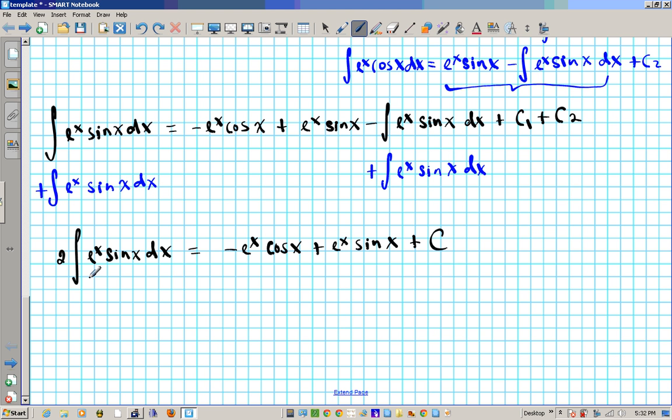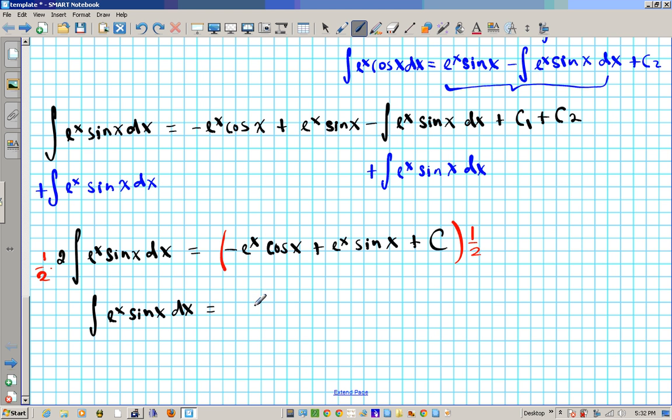Almost there. Remember, the question asks us just for this piece, not twice of what it is. So in order to finish this off, all I'm going to do is multiply both sides by 1/2, or divide both sides by 2, whichever way you want to do it. So I will multiply the left side by 1/2 to get rid of this 2 here. And then I multiply this whole thing by 1/2. So we're going to be left with the antiderivative of e to the x sine x dx